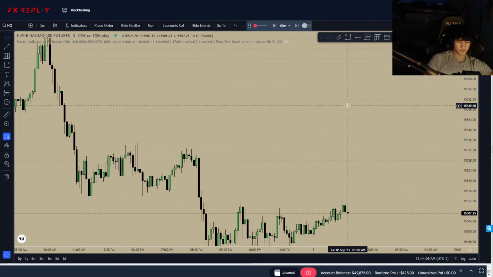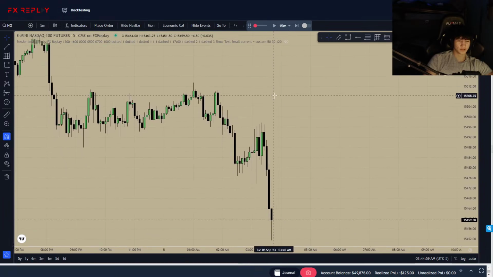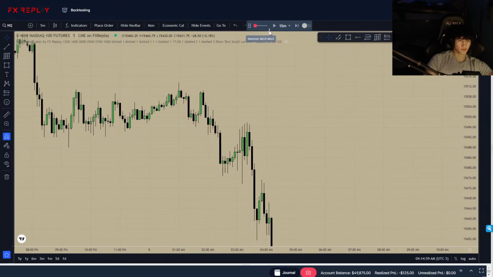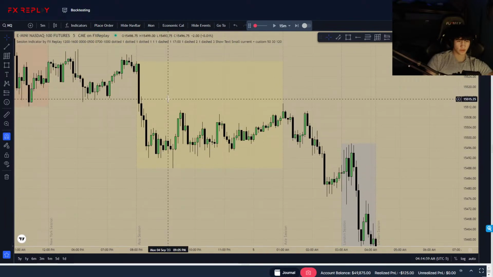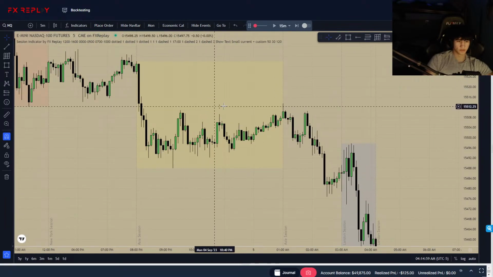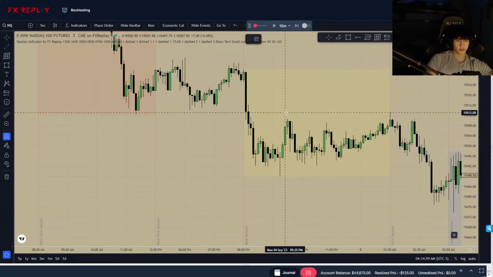On to the next. I still have the same thing as last time. I want to look for that Judas swing, because I'm trying to incorporate that into my trading. Oh, I think we already met. Okay, well, I guess no. We didn't miss it. We're expecting bearish prices just because of the Judas swing right here.